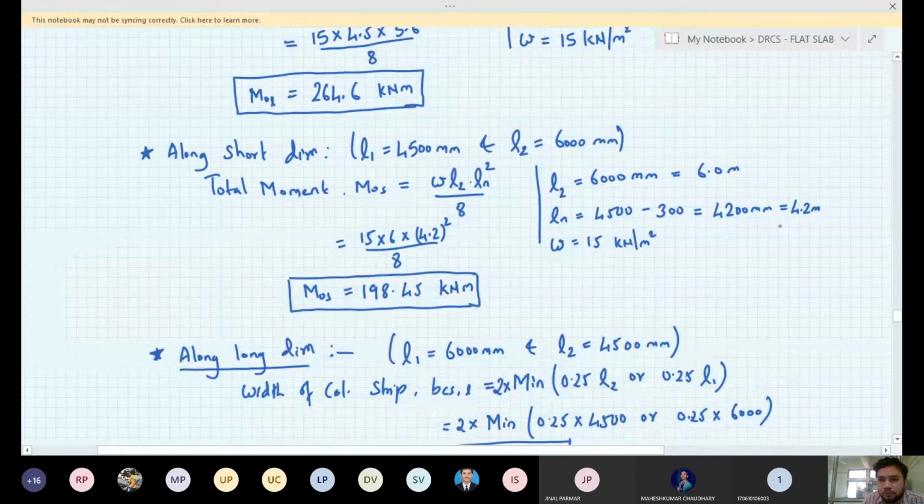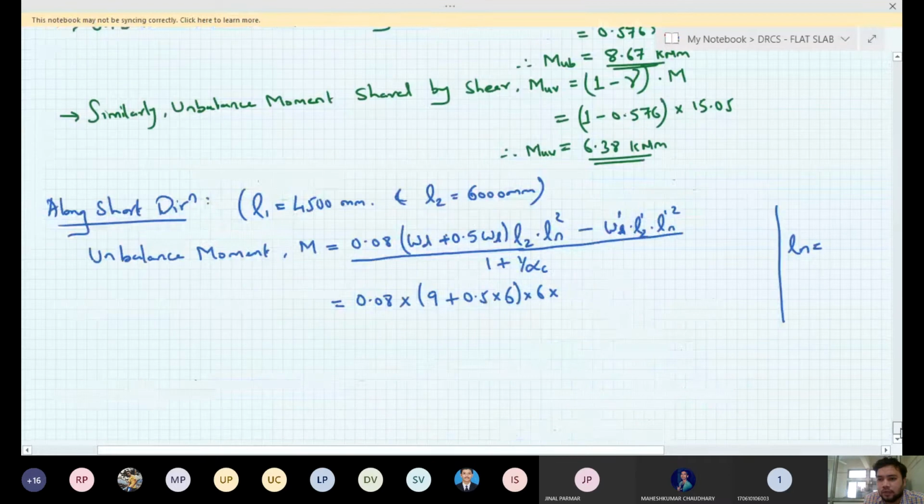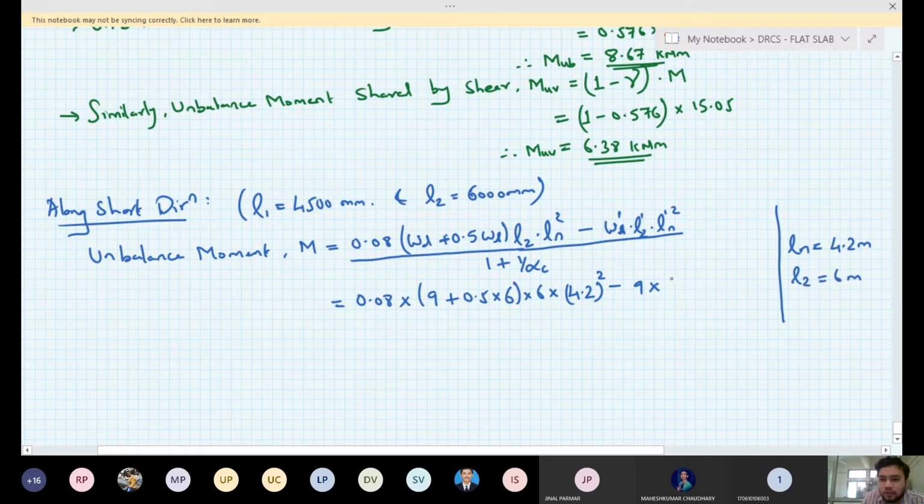The value of ln is 4.2. Okay, so let us substitute this value here, 4.2 meter, so 4.2 square minus, again we'll assume our adjacent span is of same size and same loading, so it will be 9 into L2, that is 6 meter, into 4.2 square,